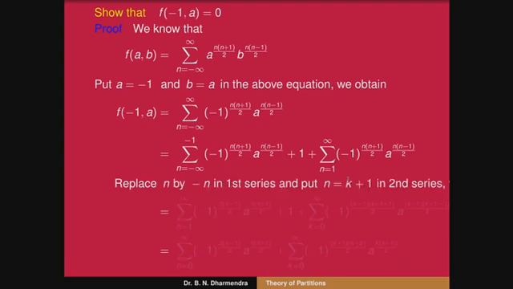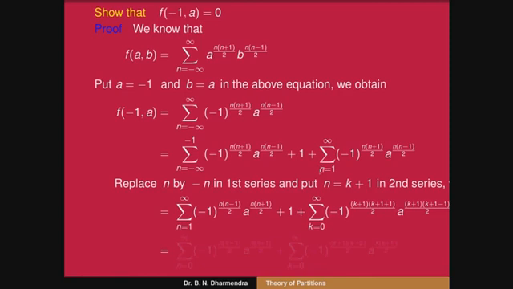You can observe that we get n running from 1 to infinity. We have to replace the value of n by minus n, that is minus 1 to the power of minus n into minus n plus 1. When I multiply the terms, it becomes n into n minus 1 by 2, and we take minus n into minus n minus 1. When I multiply the negative terms, that is a to the power of n into n plus 1 by 2, plus 1, the middle term is the same. Plus, in the second series, we replace the value of n by k plus 1.